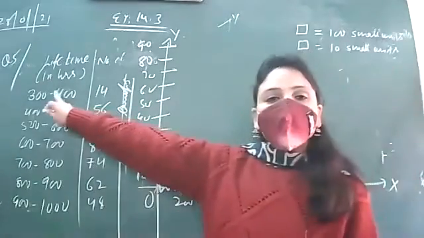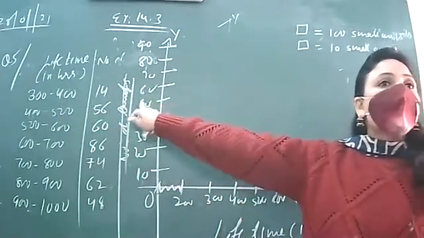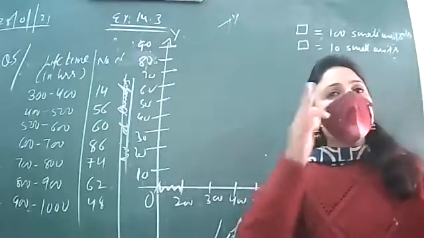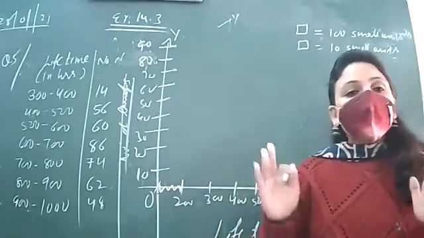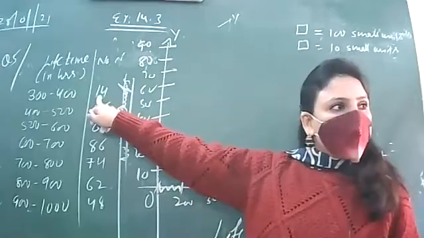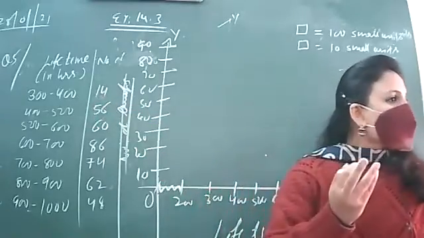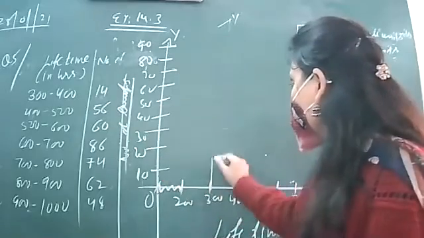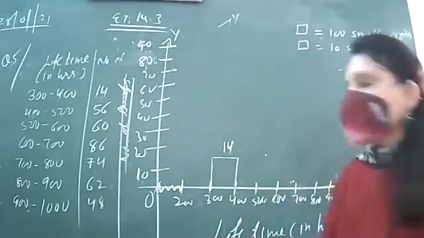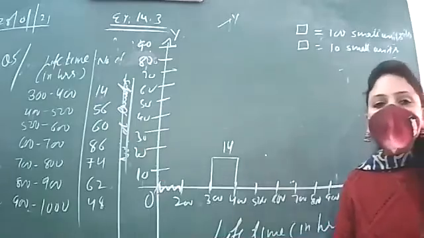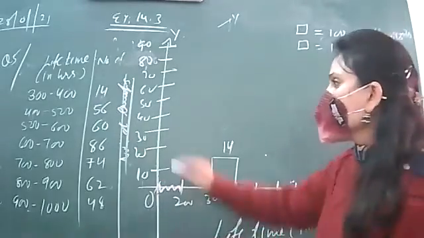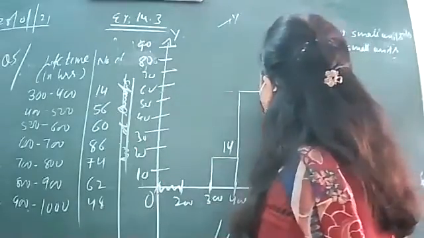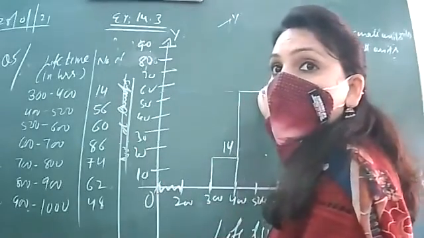Starting with the first interval, 300 to 400, going up to 14. When we are taking a gap of 10 units or 100 units, gaps that are multiples of 10, like 10, 100, 1000, are far more suitable, because when I am talking about 14, then after 10 I have to count 4 lines and I will reach 14. So for 300 to 400, we count 4 lines and reach 14. Then coming to the next, 400 to 500, it is 56, after 50, 6 lines. We have to take a U-turn and come back because ahead the bar would be too tall.